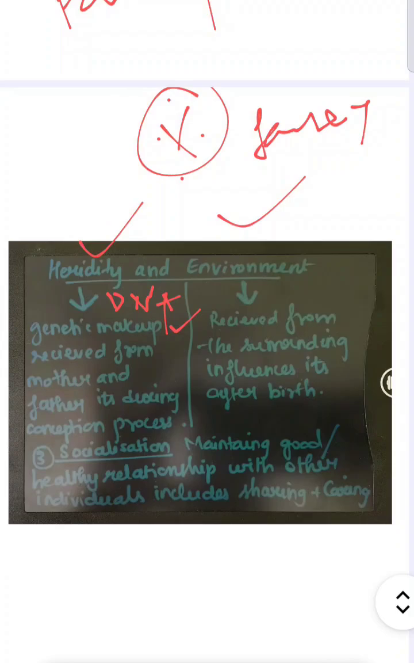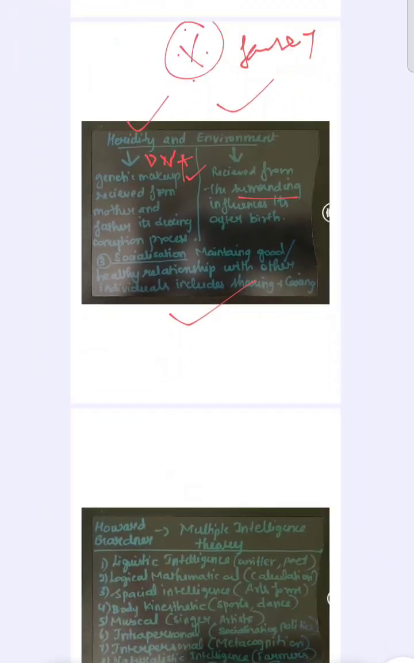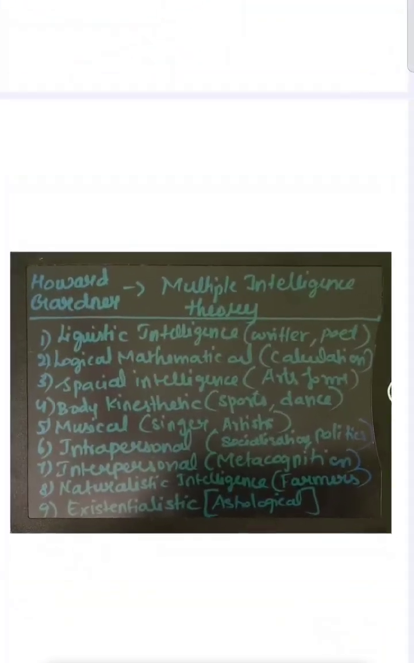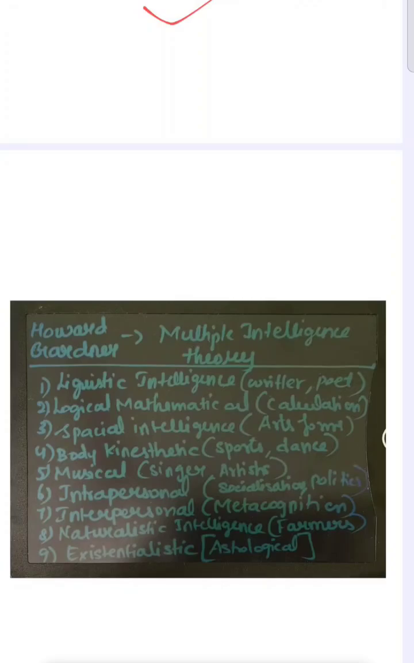The environment is what is received after birth, so the surroundings are responsible. The third factor is the socialization process, where the student is able to maintain a good relationship with peers and teachers, and collaborate in the future generation. So all these are the third part. Another important theory is